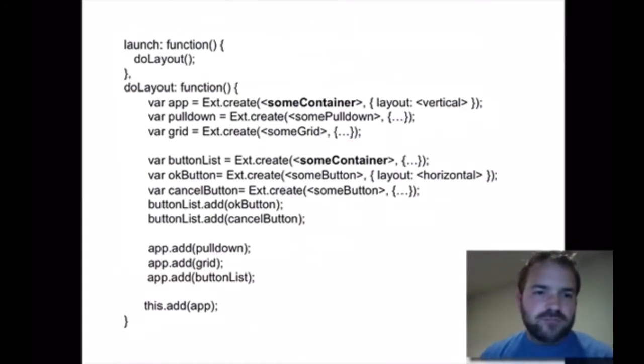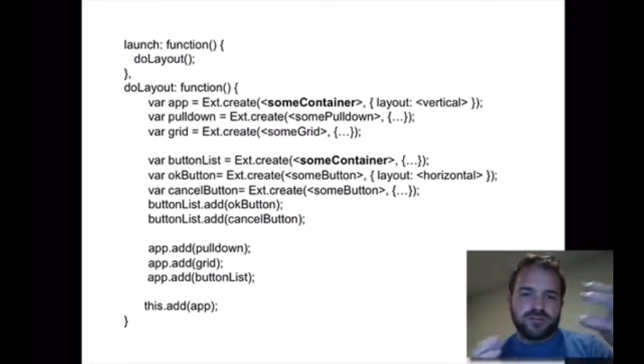So here's a quick example of that. Along the top, going top down real quick, and it's just pseudocode, so you have to excuse a little bit of the placeholders. But along the top, we have our launch function we call doLayout, and in doLayout, our concerns are just laying out the general app and the visual components of our app. So you can see in the doLayout, we create this app object, and it's basically just a